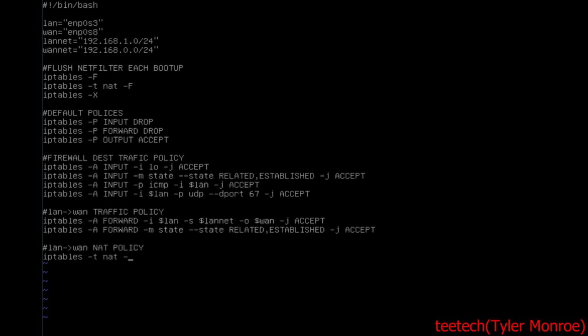From there, though, we want to append the rule to the post routing chain. This is after the routing decision has been made by the networking stack. So if you want to do port forwards for destination NAT, you have to make the decision before you route the packet, so you have to put it in the pre-routing chain for a port forward. So from here, though, we want to make sure that it is coming from the LAN net and that it is going out of the WAN interface. And if it is, we want to jump to the target